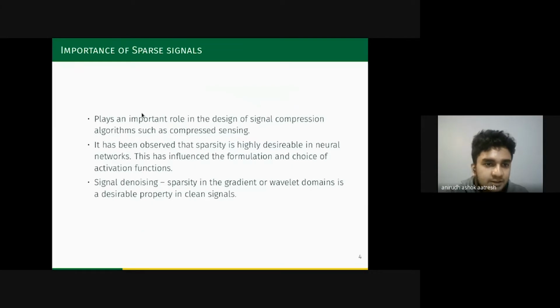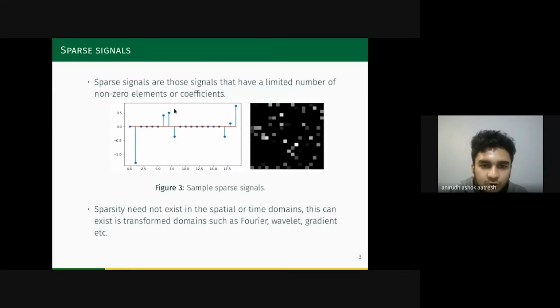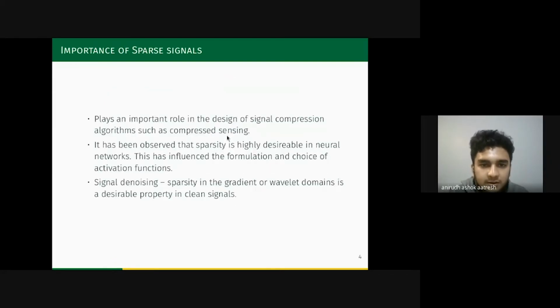So I've covered three important examples or applications of sparse signals here. The first important application, the most commonly used one, is signal compression for transmission and storage. A good property of sparse signals is that there are very few non-zero coefficients. So you need a lesser amount of storage space to store these non-zero coefficients compared to a non-sparse signal. That concept plays a major role in signal compression, and a very popular algorithm is called compressed sensing, which is based on this sparse concept.